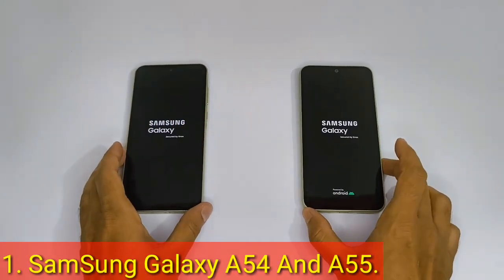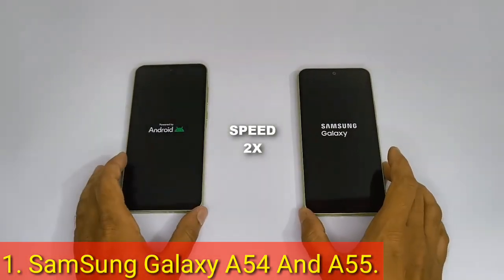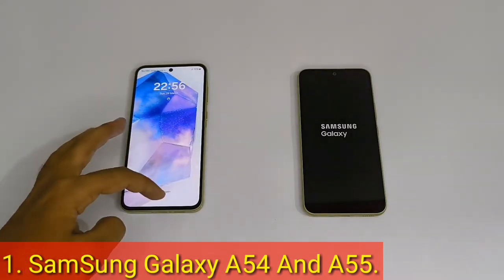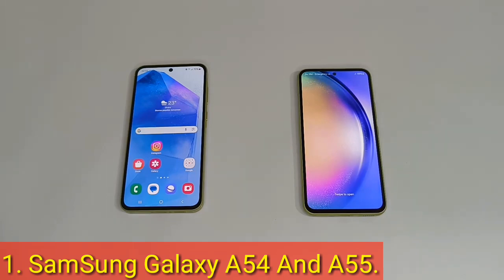Number 1. Samsung Galaxy A54 and A55. Samsung really tricked out this year's A5X model and arguably got it closer to the Galaxy S line than ever. The most notable upgrade this year has to be the overall build quality. The A55 includes an aluminum frame, Gorilla Glass Victus Plus on the front and another Gorilla Glass sheet on the